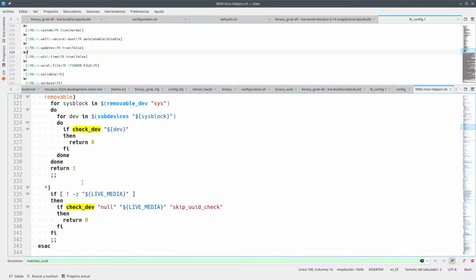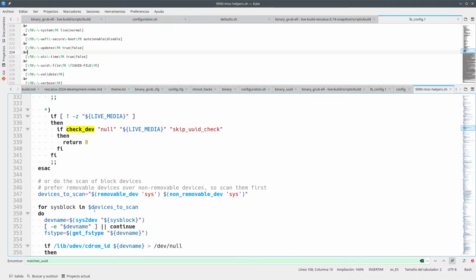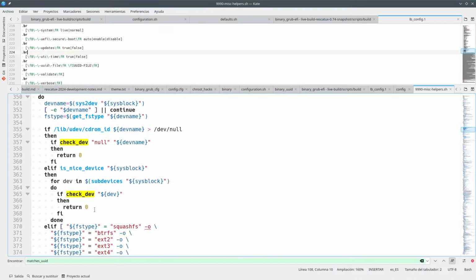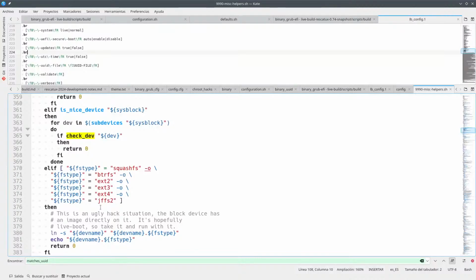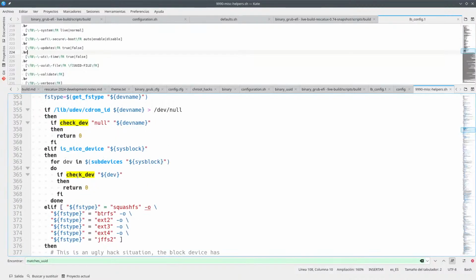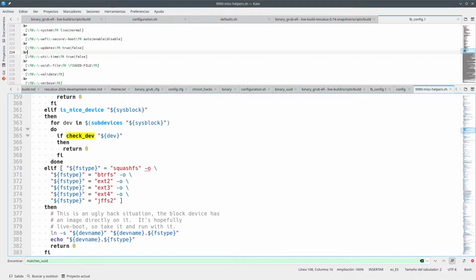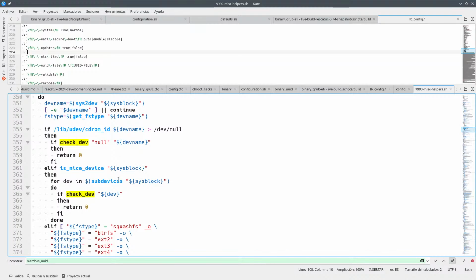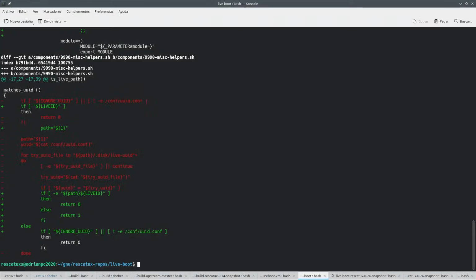Removable USB, whatever. Check def. So here you've got the check defs. Once you check that one of these is okay, thanks to the match UIDs that we do, then we return 0 and we are on the good one. I guess that's how it's supposed to be working. So that's it. Now we need the Docker stuff regarding how to build this thing and so on,